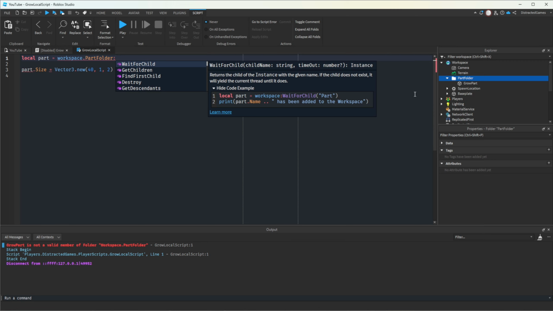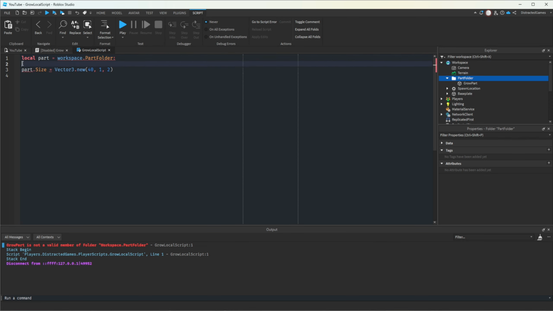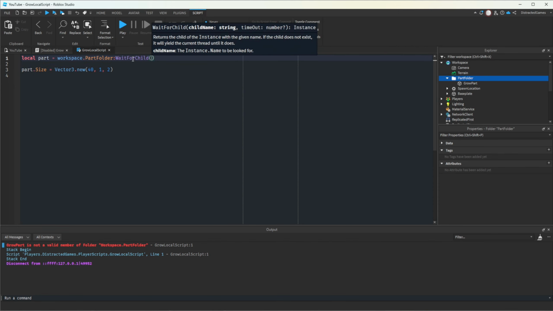And you'll see this returns the child of an instance with the given name. If the child does not exist, it's going to yield, basically it's going to wait, right? Yield the current thread. So what that means is as the game is running, this script is going to stop executing any code. It won't execute any of this code until that wait for child has completed to return something. That could be infinitely. If I say to wait for child thing that doesn't exist,